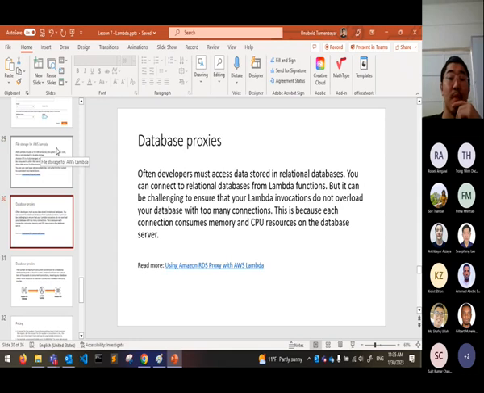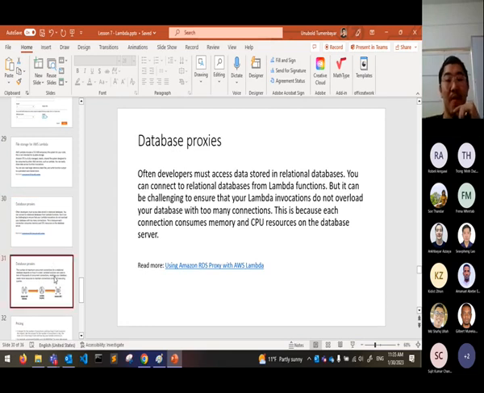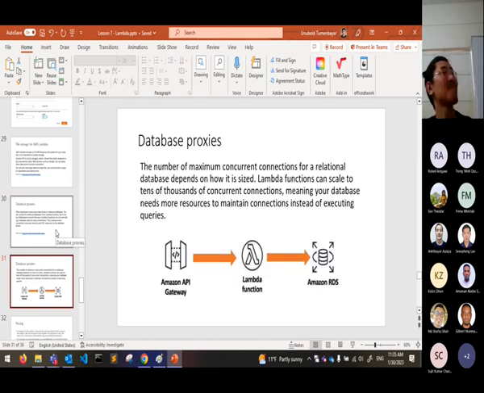There's something called database proxy in the configuration. You might notice this is used for connecting to a database. You want to run this, but personally, I don't recommend this. The reason is